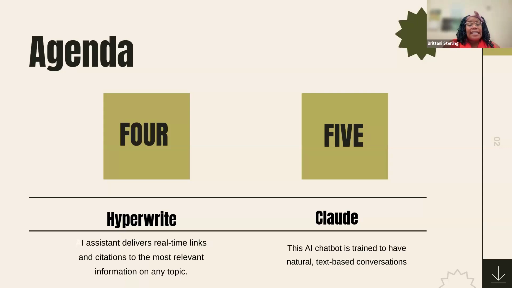And so lastly, we've got Claude, which is probably the lesser known ChatGPT equivalent. I want to list this one here because I think at this point, if people have played around with AI a little bit, then they probably have gone to ChatGPT. It's the easiest one, the one that's been blown up the most. Claude is a little different because it's trained to have natural text-based conversations. So if you're a person who needs to write it out colloquially and then get it to the academic way, or you want to summarize your questions in a way that would make sense to, let's say, an